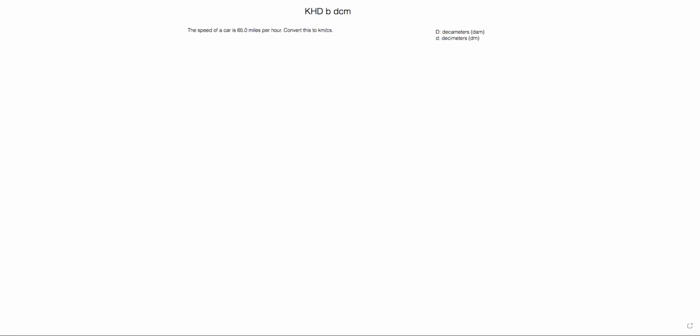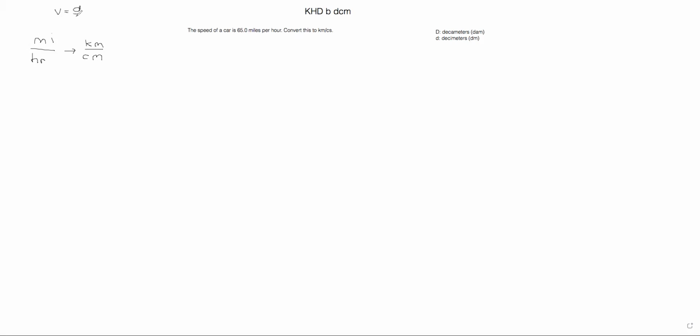But this time, we are converting from miles per hour. That's miles over hour. It's a rate of how many miles can be traveled in 1 hour. It's a rate comparing one thing to another. And we are converting that into kilometers per centisecond. So it's one unit of speed being converted to another unit of speed. So speed or velocity